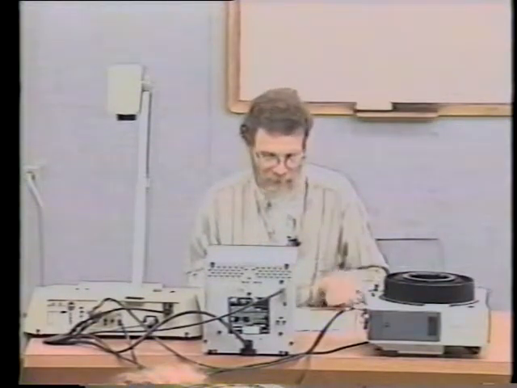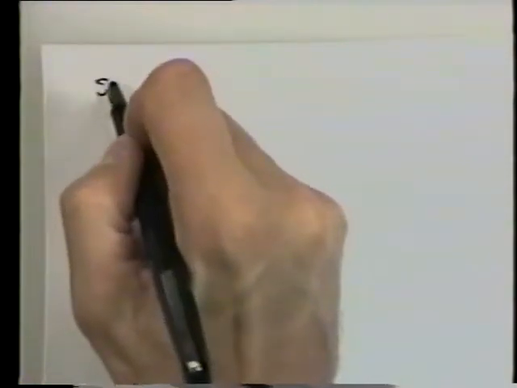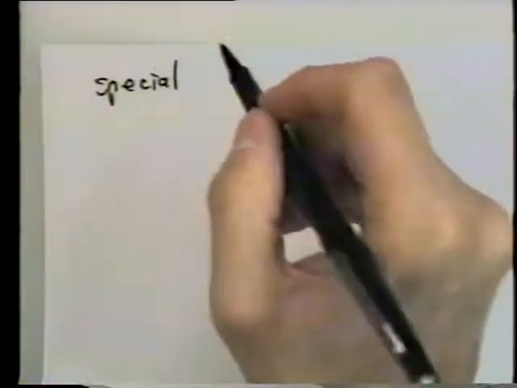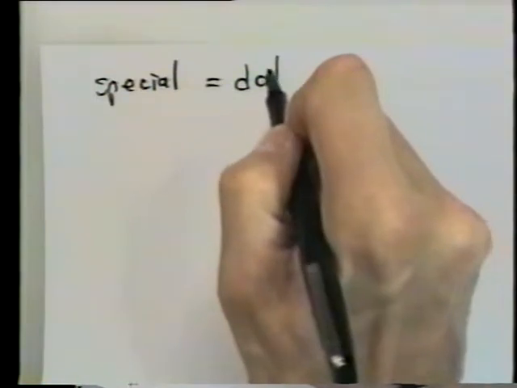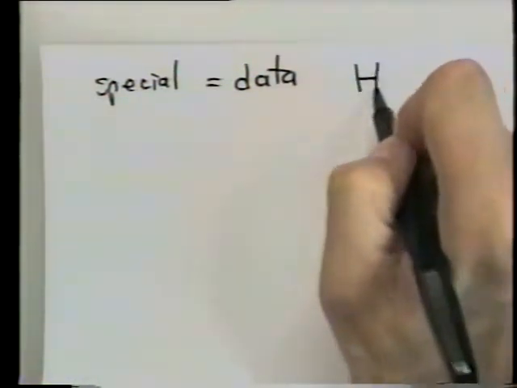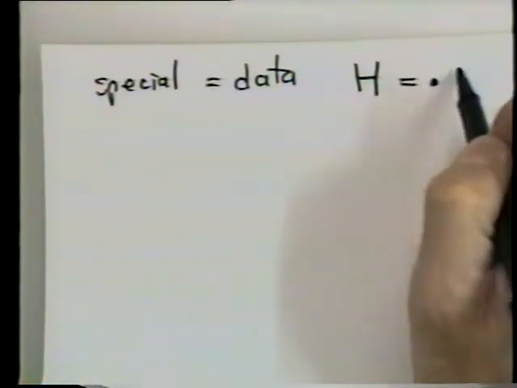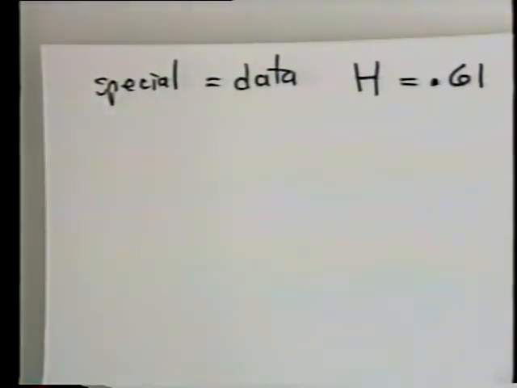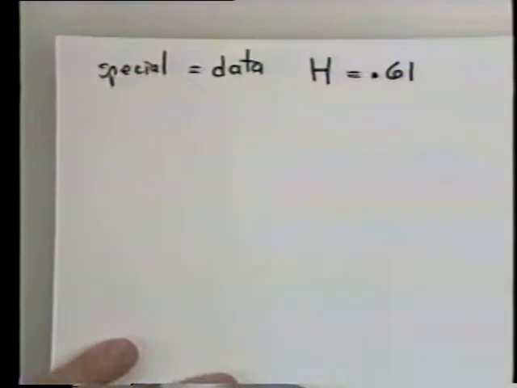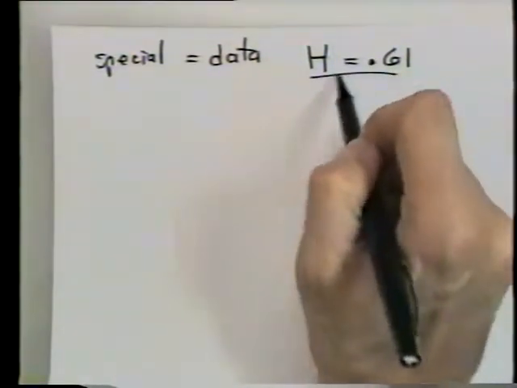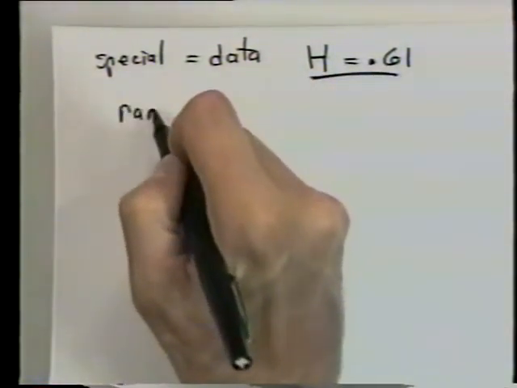The first problem, basically we had a series of measurements. And we had one value which was special in some way. And that value was special because it was actually equal to the value from the data. And it was this parameter which we call h, which stands for Hurst, but it doesn't matter what it stands for. And that value had a value of 0.61. And then what we did is we did something magic to this data, we shuffled it, so we randomized the data.